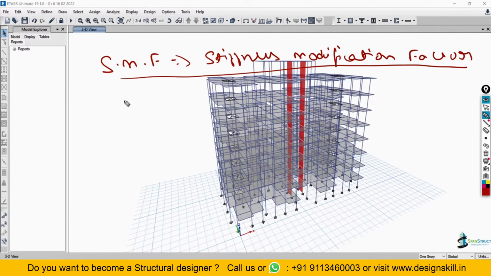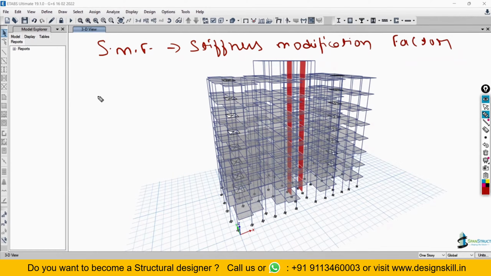In this topic, first of all, we will look at the theory and the concept, and after understanding this theory and the concept, we will apply it in our project. For understanding this topic, we will take a reference of IS 1893 2016, which is an earthquake code, and in this earthquake code we will open the clause number